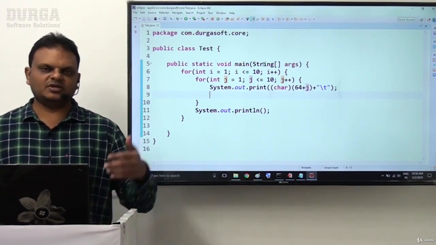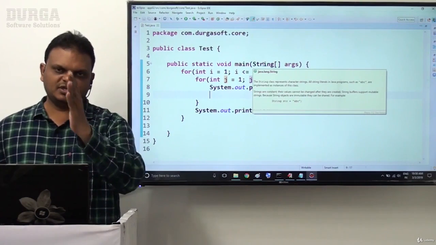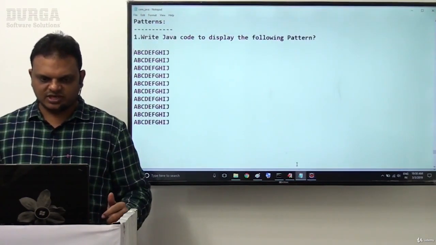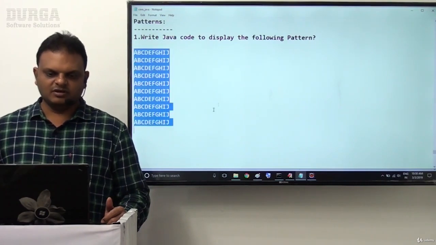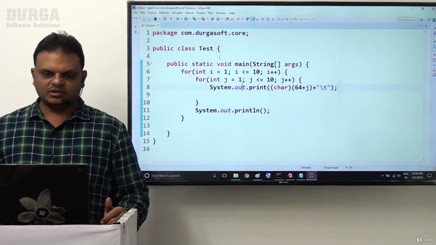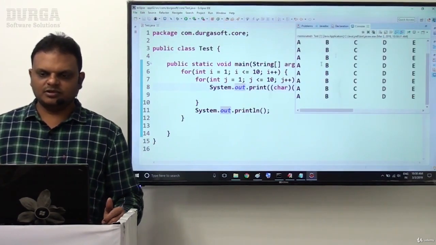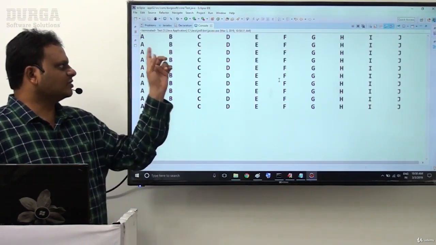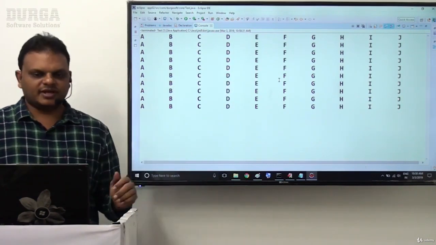Now let us check this one row-wise, A B C D E F G H I J, second row A B C D E F G H I J, that means this type of output we are able to get overall if I run this example. Now let me execute this program here. Now here we are getting the same type of output. I provided a tab space here, that's why we are getting output like this directly.